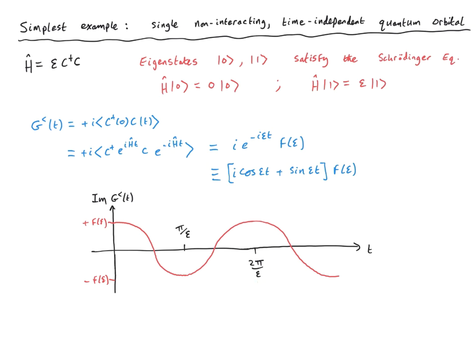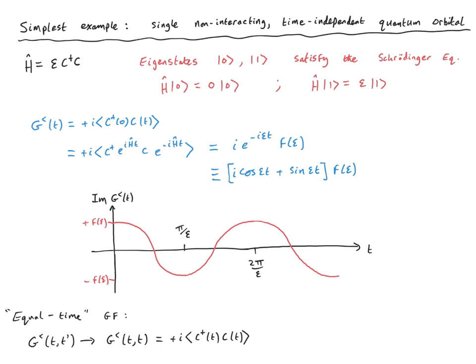We have a periodic structure to the Green's function, and this goes on forever in time. Before we discuss the corresponding Fourier transforms and the Green's functions in frequency domain, let me make a comment on the equal times Green's function. If we consider again the two times Green's function, g lesser of t and t primed, but now we look at equal times, t primed is equal to t,